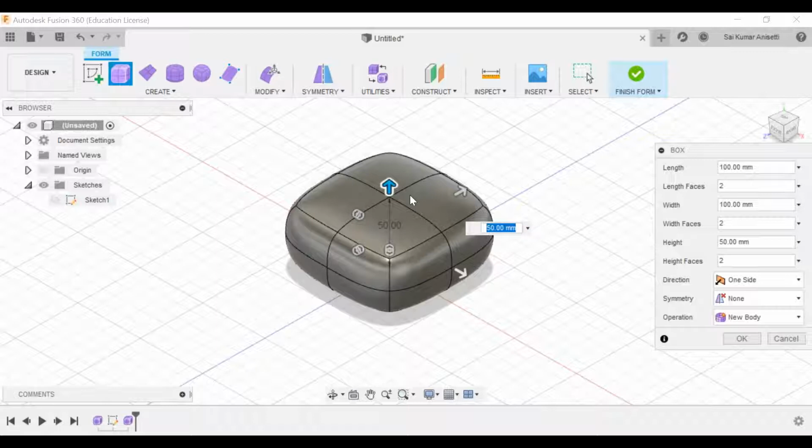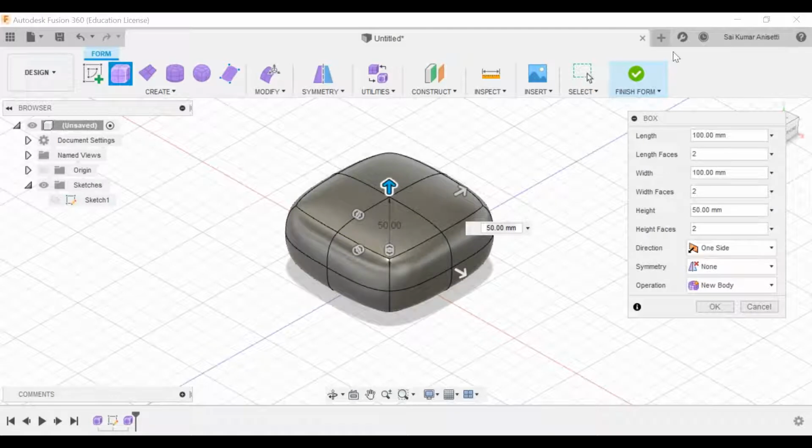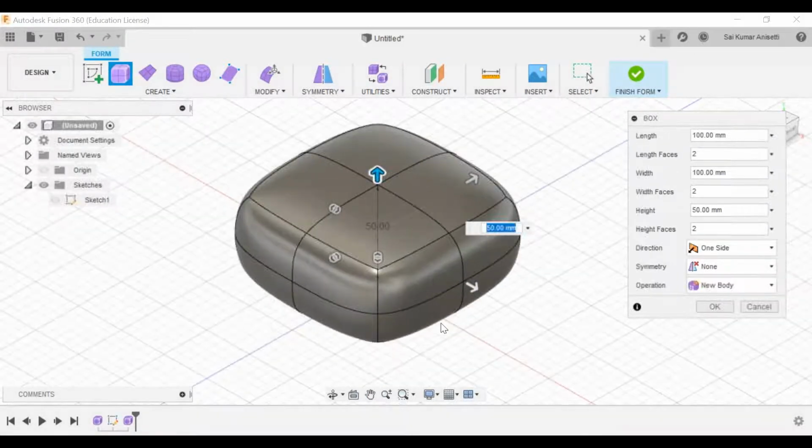Okay, next. As soon as you create a simple box, it is asking for your height and everything. So you can give these dimensions from over here from your control box. Okay, now see, if I zoom in, this is just like a meshed box. What is meant by meshing?